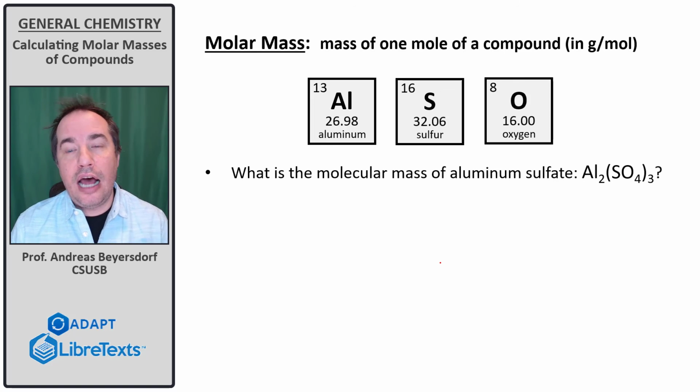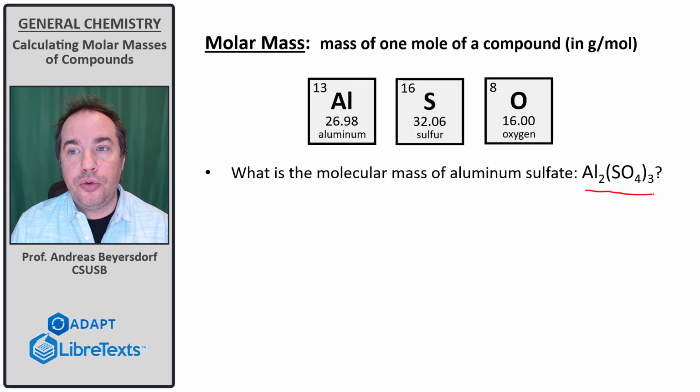Let's look at a slightly tougher problem. Let's look at aluminum sulfate. Aluminum sulfate is an ionic compound with the formula Al2(SO4)3. Notice the SO4, the sulfate, is a polyatomic ion, and that's why we have to have it in parentheses. So this means that my molecular mass is 2